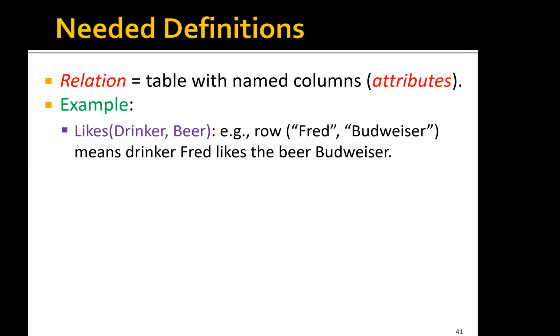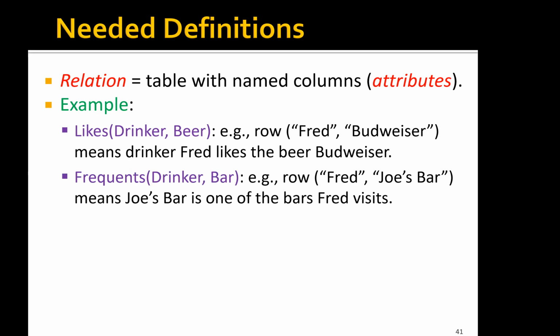So I want to give an example. The relation is called likes, and it has 2 columns, drinker and beer. And each row tells about some drinker and a beer that they like. And you assume each drinker likes many different kinds of beer. But I'm going to talk about one particular row, the row Fred and Budweiser, which means that the drinker Fred likes Budweiser,